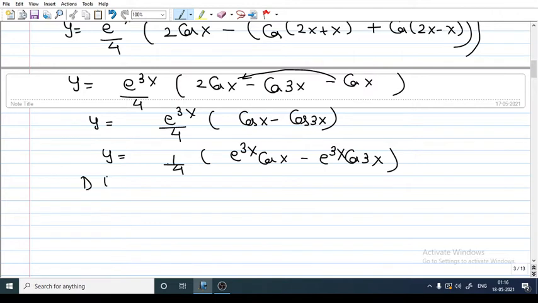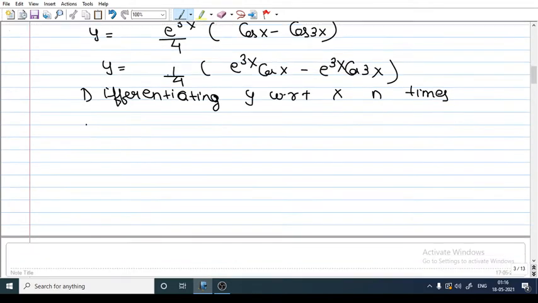So what you have to write is differentiating y with respect to x n times. How many times? You have to write n times. When you have written this, what can you do? You can differentiate it. You can write y_n, d^n/dx^n, equals to, what you will have here,